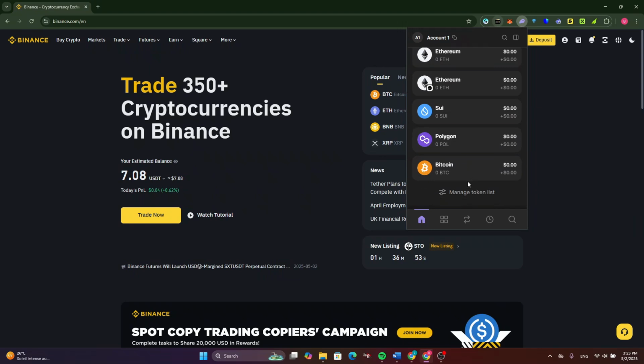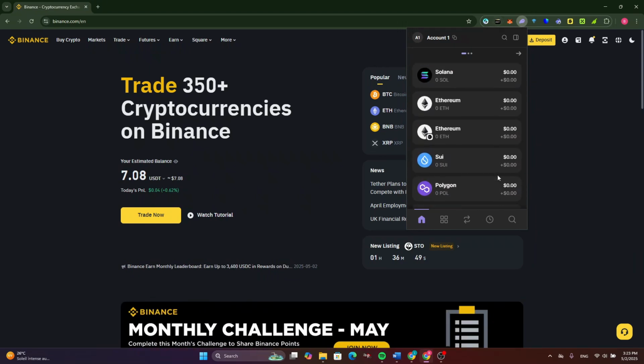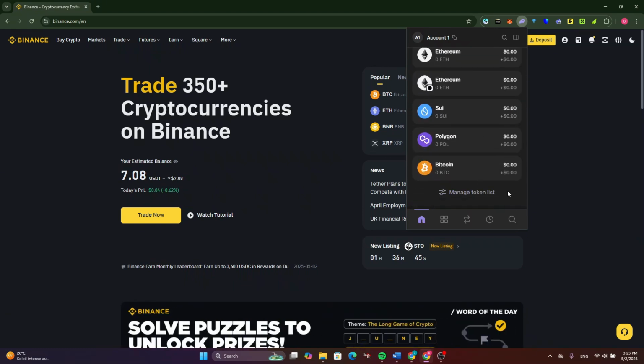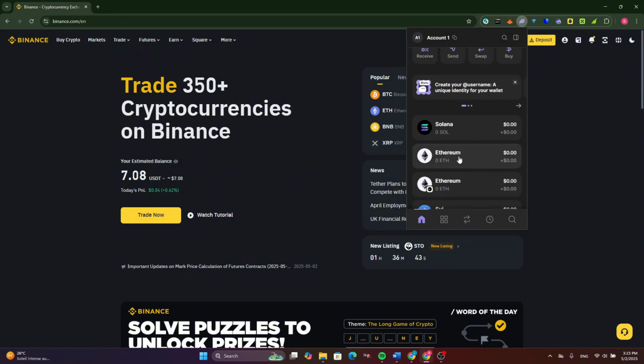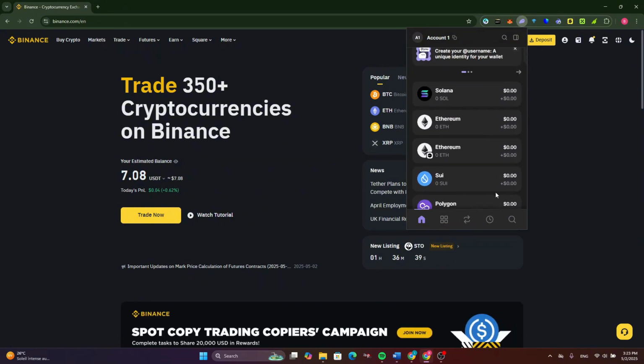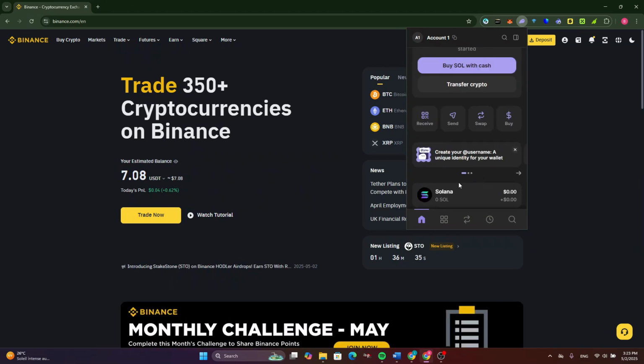And as you can see here, I don't have the USDT on my wallet. So for you, you can add your USDT to your wallet to be able to get the withdrawal address. So in my case, if you don't see the USDT on your wallet, what you need